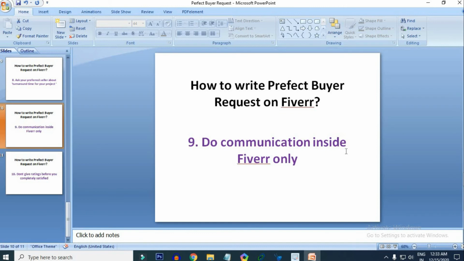Another advantage is, if you contact through Fiverr and any problem arises during the project working time, after you assign a seller for your project, you can contact Fiverr seller support and easily resolve the issue.